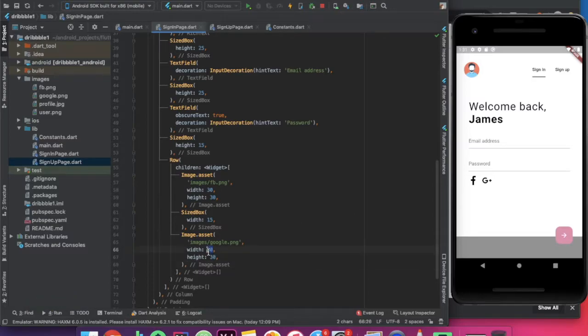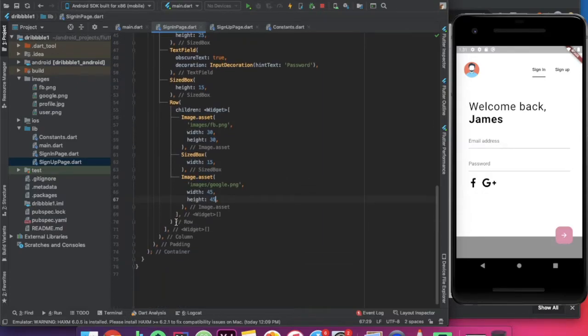The Google logo is actually smaller. We can now change the size and let's hit run. Okay, that's much better. Now the last thing we need to do on this page is the forgot password text. For that,